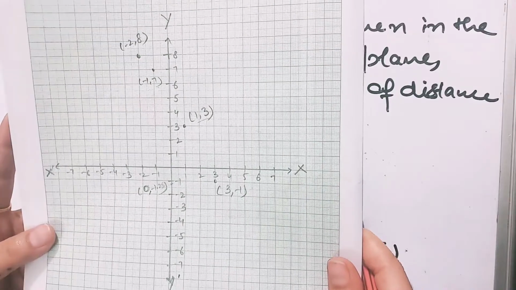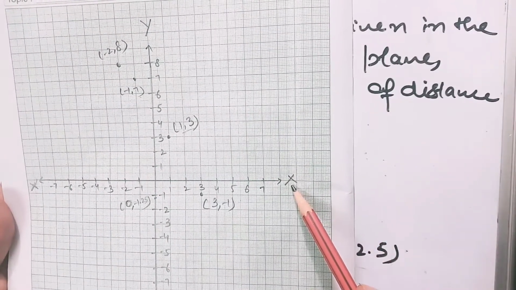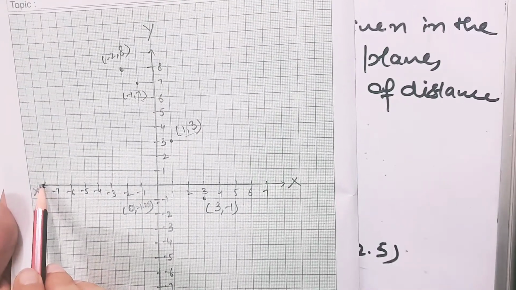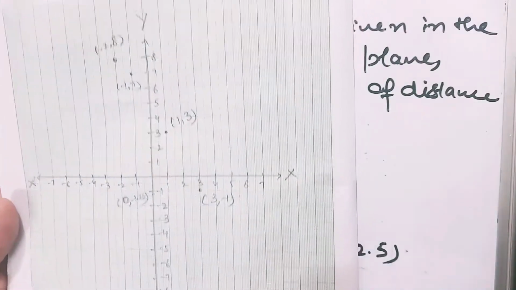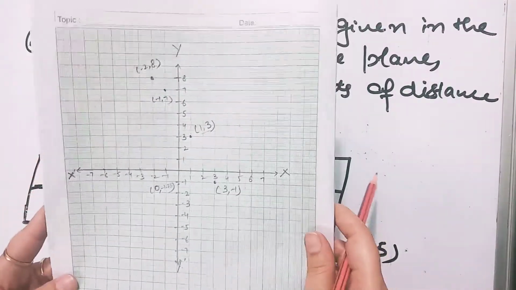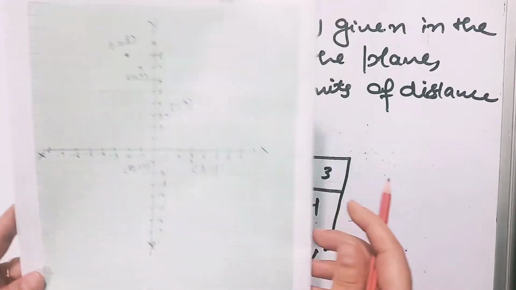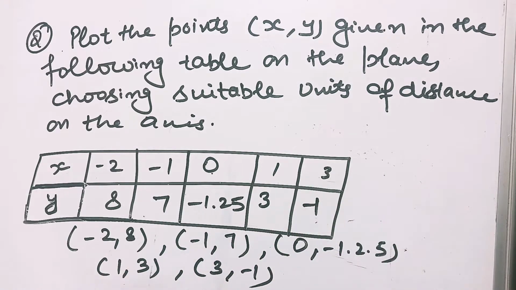So you have to draw this Cartesian plane on graph paper itself. Capital X means the x-axis, positive values of x, X dash means negative values of x, Y means positive values of y, Y dash means negative values of y. So from here you can draw your Cartesian plane on the graph. With this question we have completed chapter 3. So you have to complete this chapter by understanding.